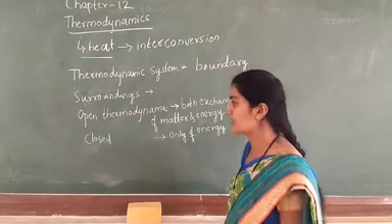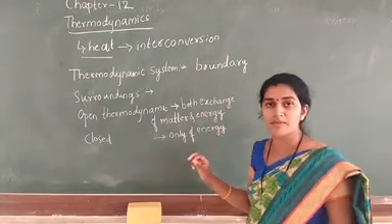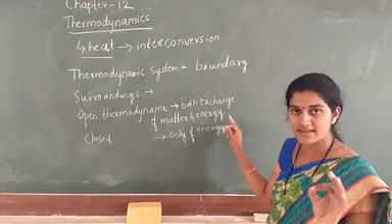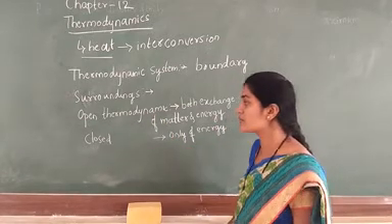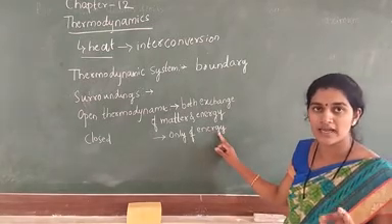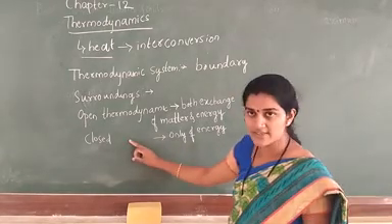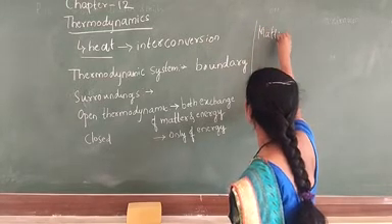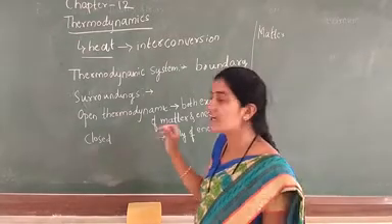Another one is the open thermodynamic system. In an open thermodynamic system, there is exchange of both matter and energy. In a closed thermodynamic system, there is exchange of energy only, and no matter. Only exchange of energy and no matter, then we call it a closed thermodynamic system. Matter has three different types: solid, liquid and gases. These are some definitions we have to study in thermodynamics.